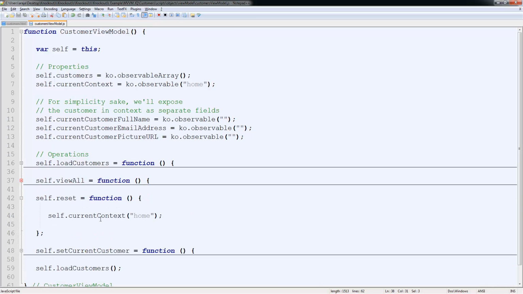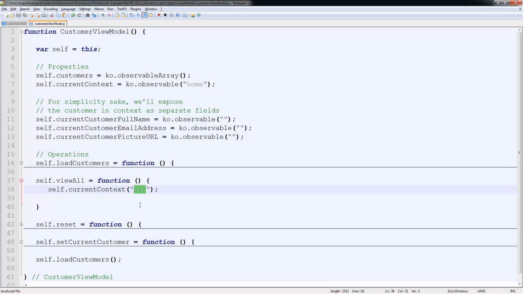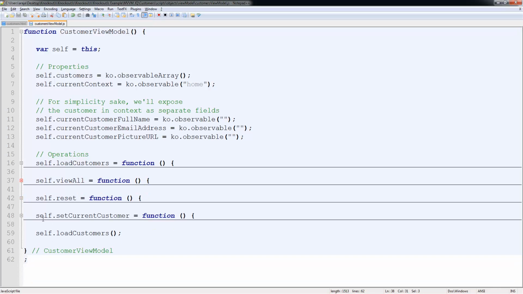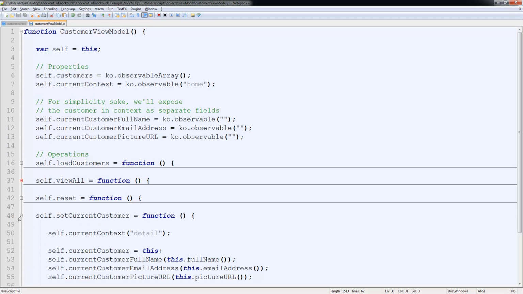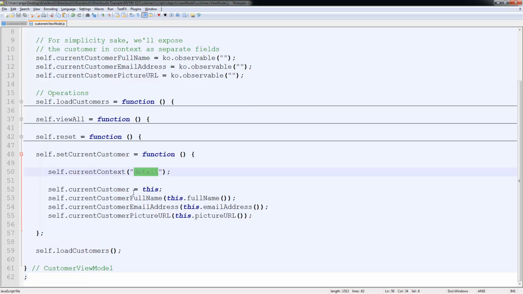And we have a reset function, which when you click go back home, we basically just reset everything back to the home state. So here all we're doing is changing the context to home, right? So that's basically the home page. Right here is basically the View All Customers page. That's how that works. And then to drill down into a particular customer, to get the details, what we're doing is we're switching the current context to the details. And we're taking whatever customer has been clicked, which is going to be in this object, and we're basically reading that into